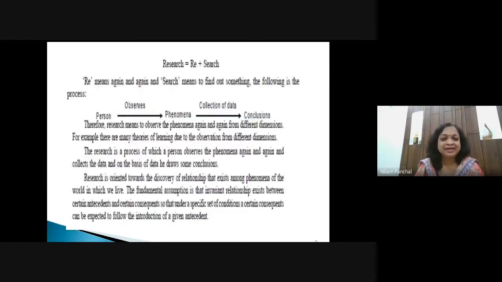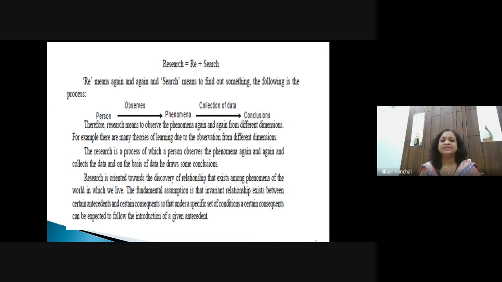So what do you mean by research? When we listen to the word research for the first time, it means re plus search. So what does re mean? Re means again and again. And search means to find out something. The following is the process. Any person observes the phenomena, and after observing the phenomena, the person tries to collect the data. Once you collect the data, you try to analyze the data, you try to find out the solutions